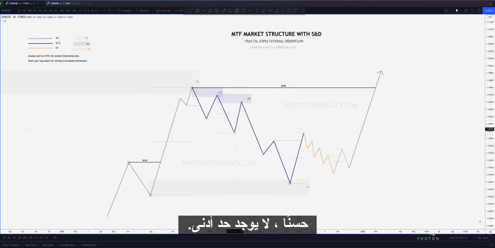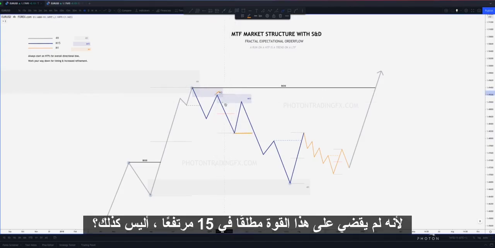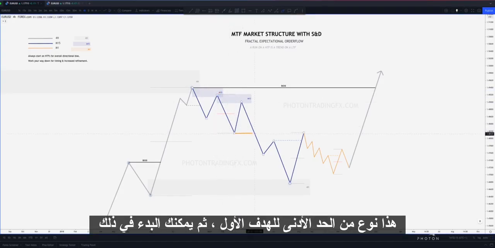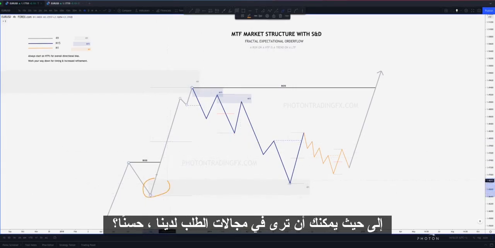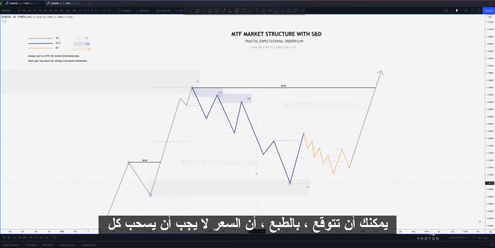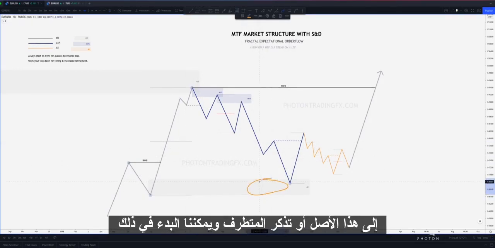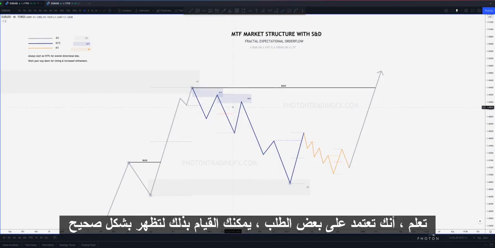So, at a bare minimum, you can target this weak 15-minute low. Why? Because it never took out that strong M15 high, right? So that's kind of your minimum first target. Then you can start to target the EQ of the 4-hour leg, and then you can push it even further down into where you can see 4-hour areas of demand, okay? Now, when we get down here, and we start to get into the discount, you can anticipate, of course, that price does not have to pull all the way down to that origin or the extreme, remember. So if you see price start to pivot to the upside and potentially draw on some demand,